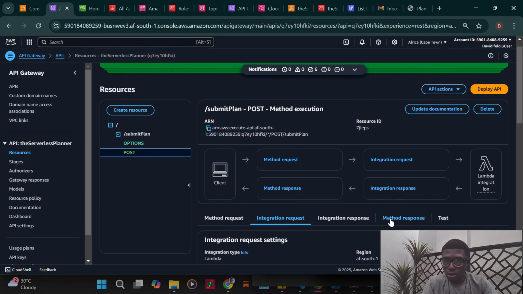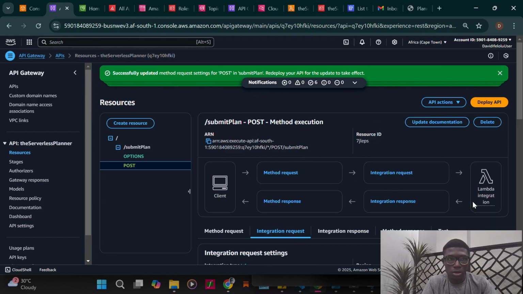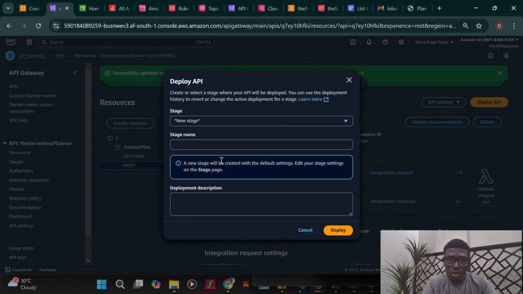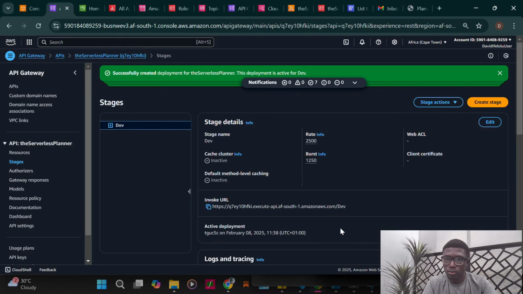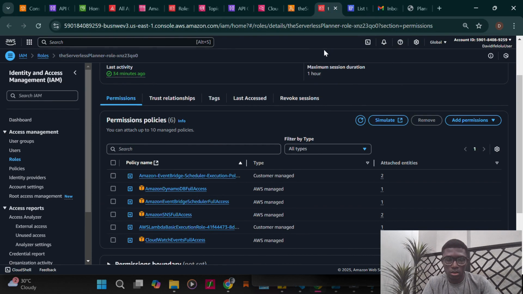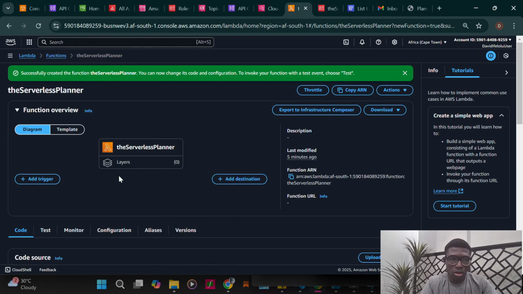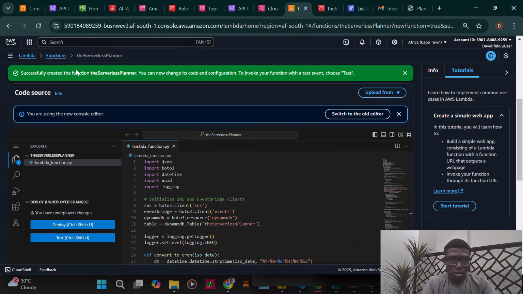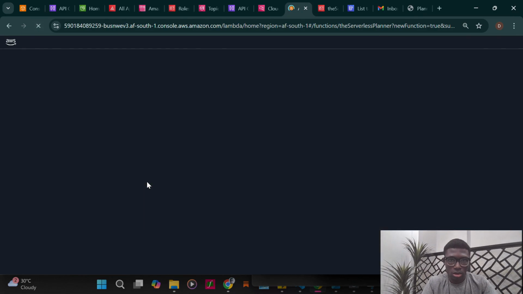Okay, so we have this integration with the Lambda function, and yeah, deploy API. So I'll create a new stage because this is fresh. I'll just call it dev, deploy. I think that's fine. Okay. So I think that's good. Okay, wait, I think this is